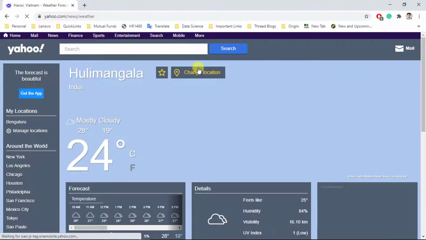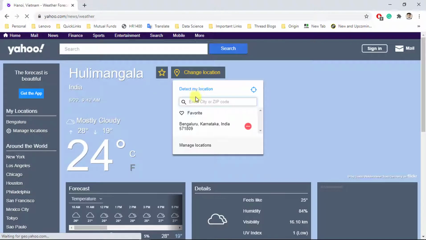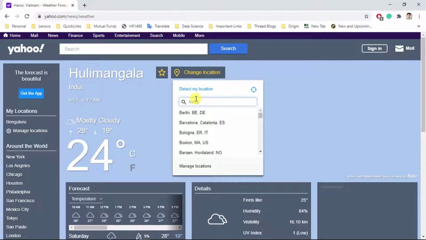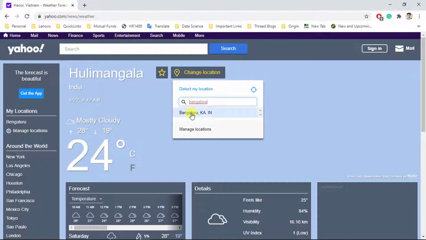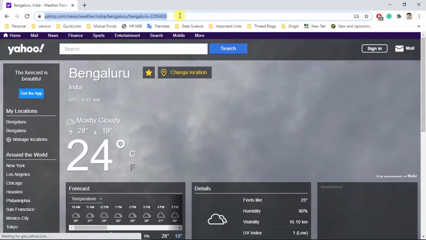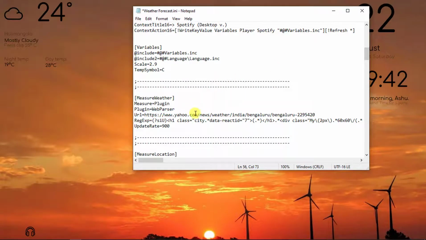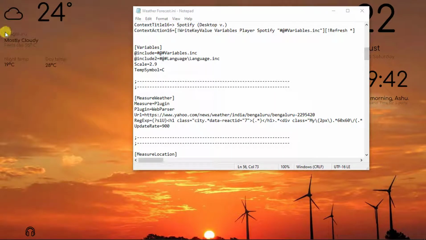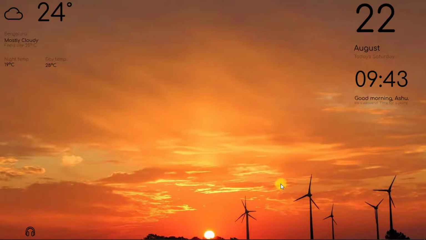Here you need to search for your own location. So just click on change location and give your city name. Once you have selected your city, just copy the URL and paste it in the notepad and save it. Now we have to refresh the screen to get it updated. So now you can see that it shows Bangalore and the weather is updated based on the Bangalore